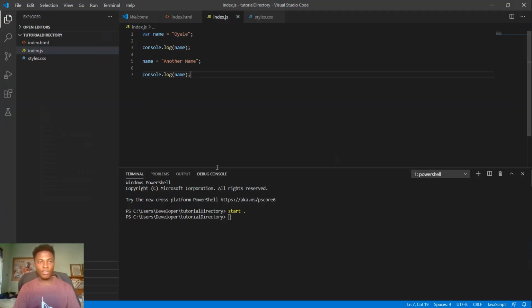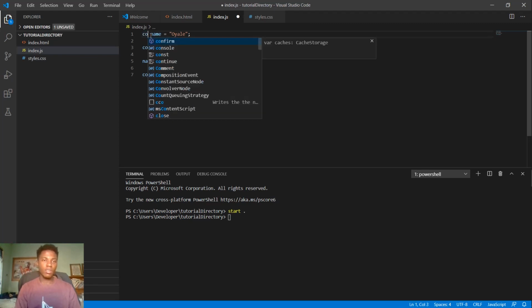When the JavaScript file runs, it runs from line 1 downwards, in the order of the lines. You have to understand that to see how everything works. To initially create a variable, you use var if you plan on changing the variable. If you don't plan on changing the variable,